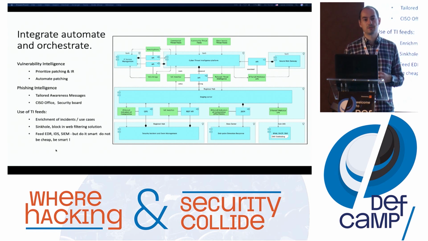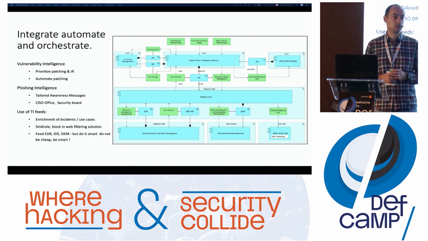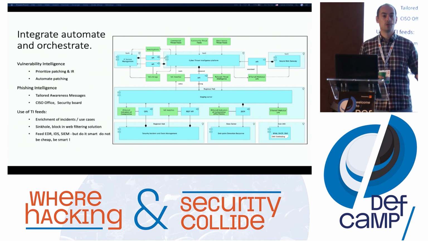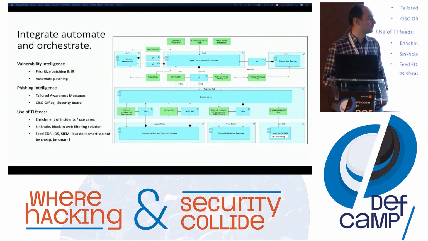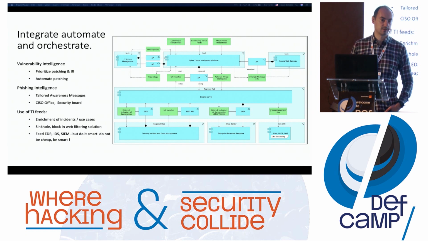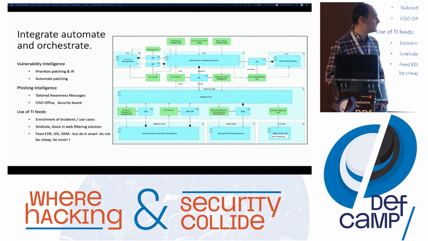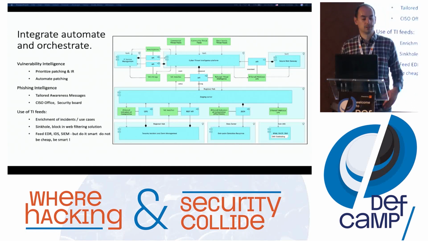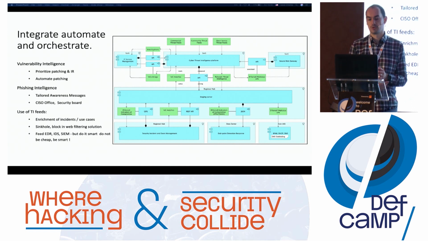Also use the threat intelligence feed in a smart way. It's up to you to figure out where you want to enrich the information that you have in your incidents. Is it in the SIEM? Is it before you hit a use case? After you hit a use case? You may have some limitations, probably with VirusTotal or DomainTools, in terms of how many API calls you can make per second. If you're going to ingest millions of IOCs in your SIEM, guess what? Your cost will increase and you'll hit the thresholds for the APIs that are being limited.